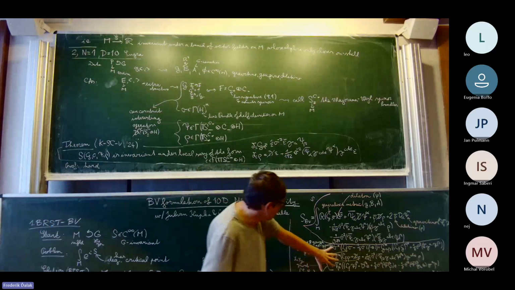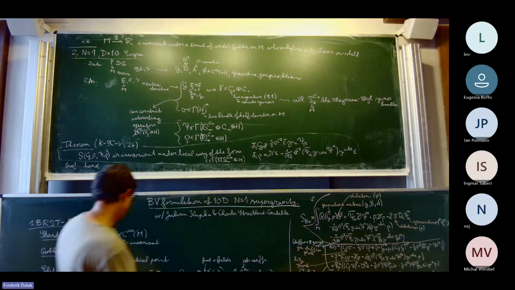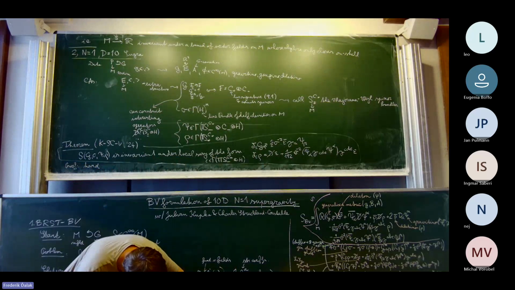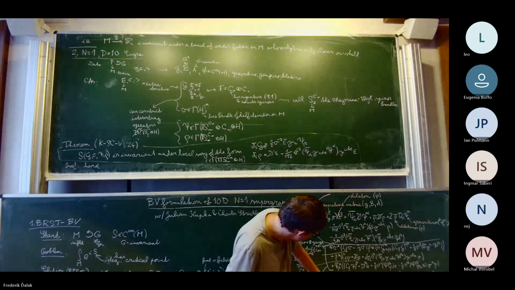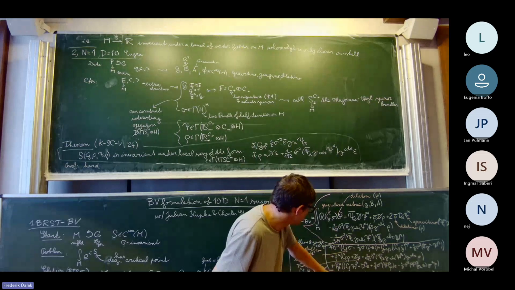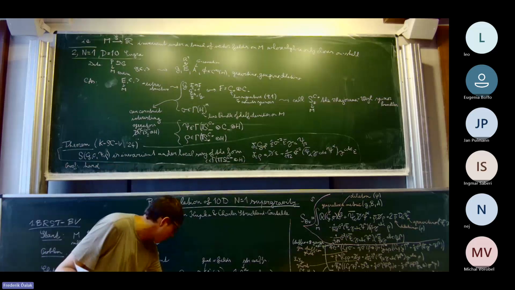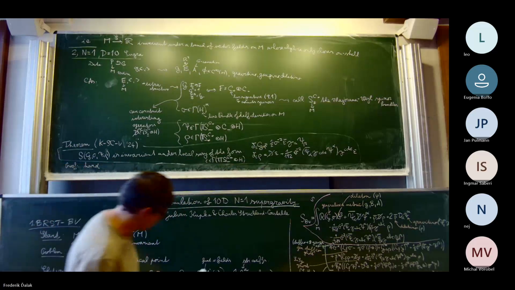Right. So these three lines just tell you what the transformations of fields are. And then, as expected, if you look at the last term here, which is proportional to the antifields, to this C guy, that should be the next couple of lines. These guys should correspond to the algebra, so they correspond to the structure coefficients.